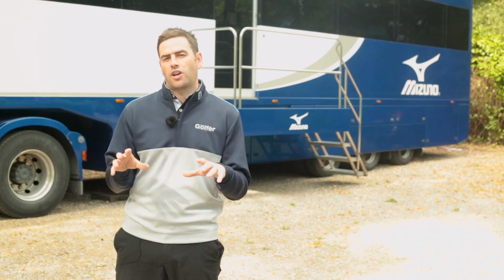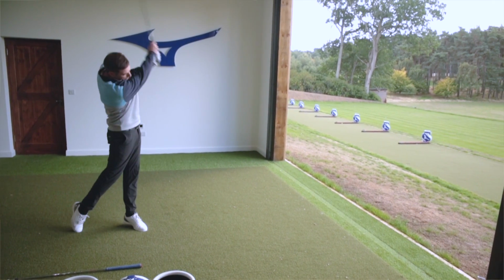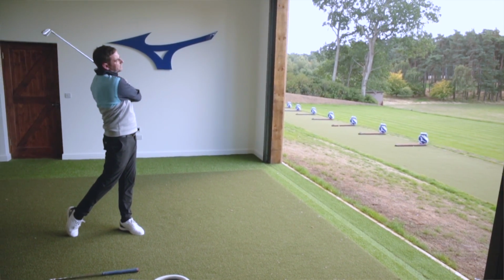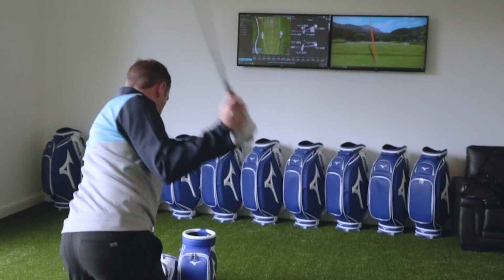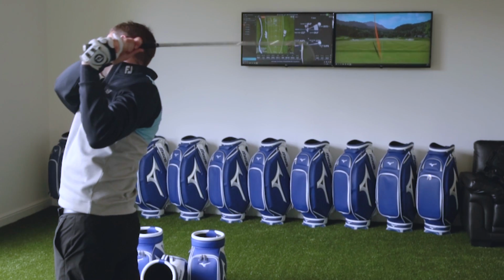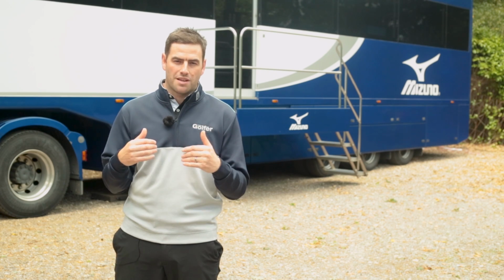So it's going to be interesting for me as a 15 handicapper to go through that fitting process with a Tour fitter, a guy that works with some of the best players in the world, has worked in the industry for years, and knows everything about shafts and lofts and how different models might work best for me. So it's going to be really interesting to go through the fitting process with Alex here today to find out whether or not it's the Tour, the forged or the hot metal which are working the best for